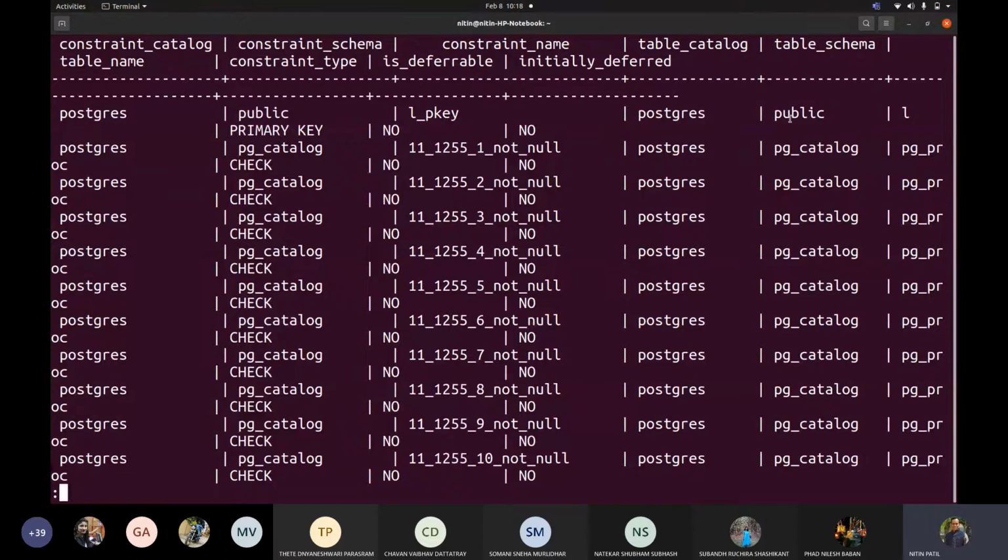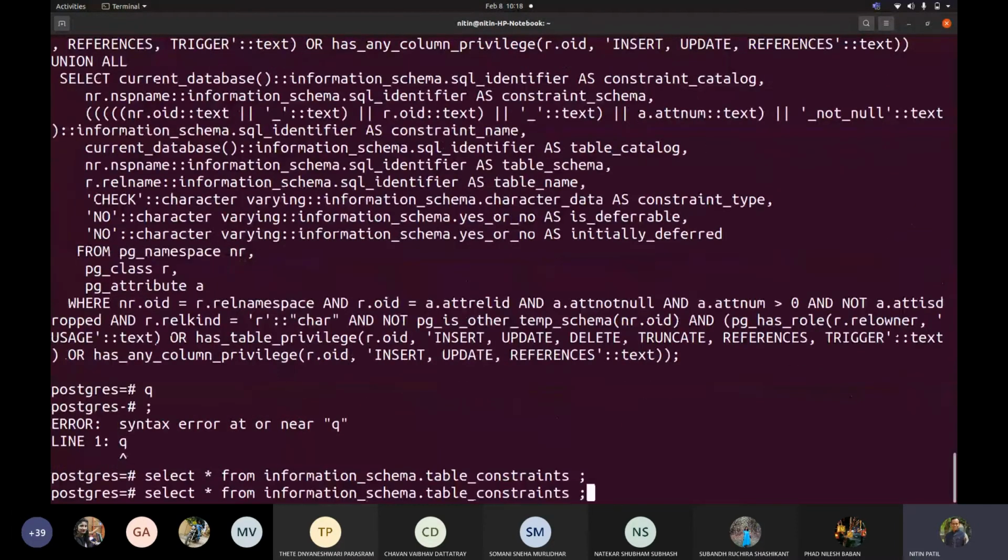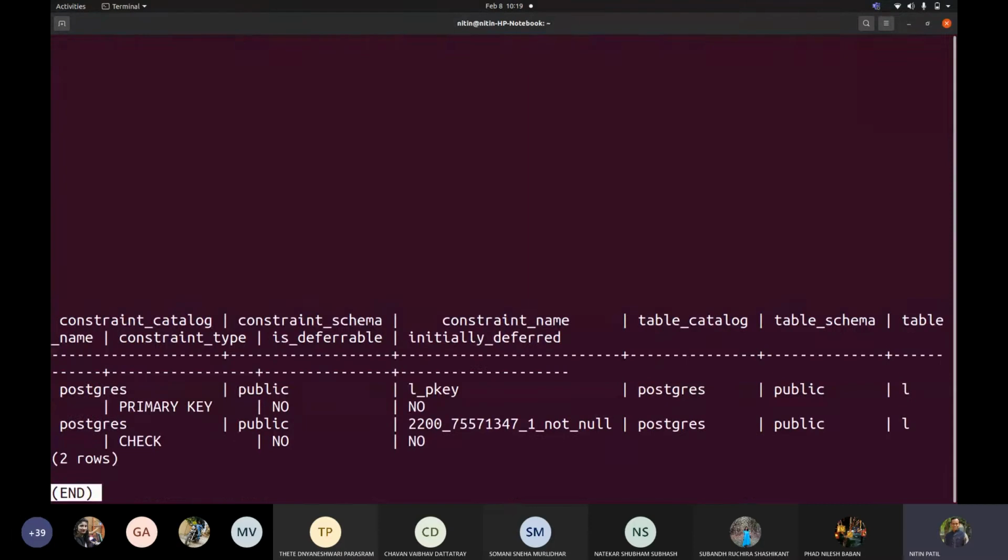Now with respect to public, let us try to see where table schema like public. Now these are the two which are added there, correct?